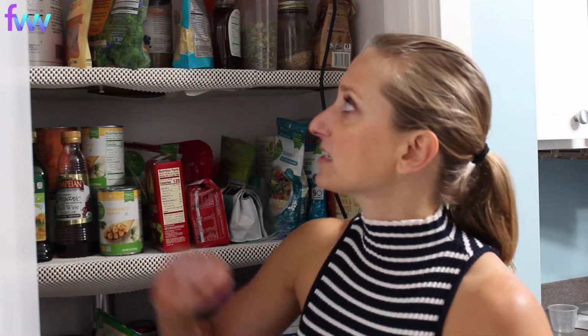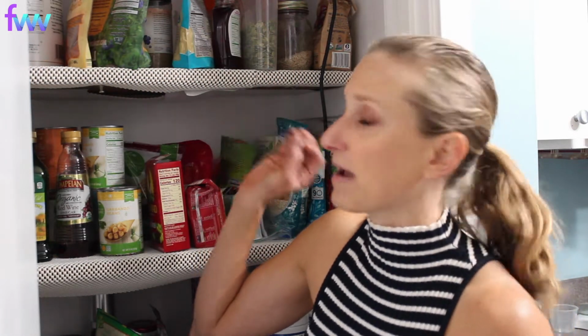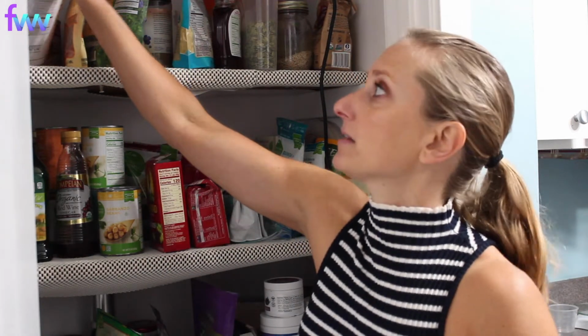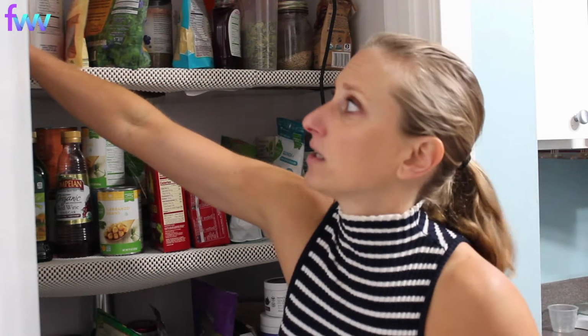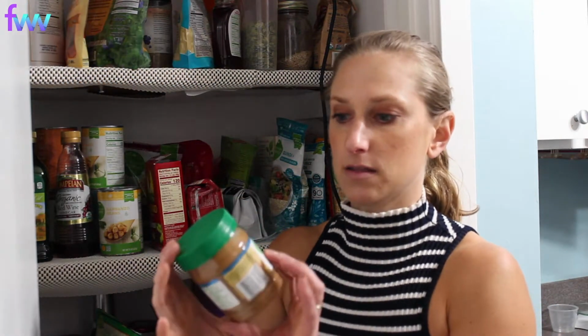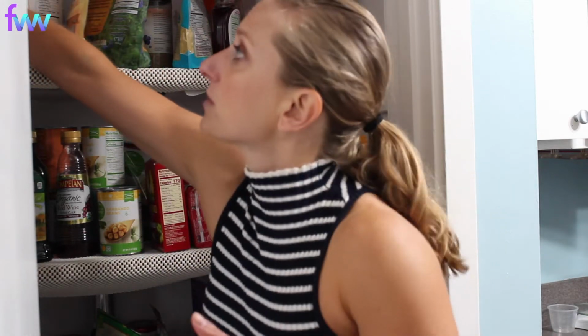What are some of your favorite pantry staples? So first things first, this top portion of our pantry is actually mostly my baking stuff. So when I'm baking like protein balls or something special out of a cookbook, a lot of times stuff is coming from here. So we've got oats, almond butter. I like this Simple Truth organic almond butter from my grocery store's Harris Teeter here in the South. I don't know if you guys have it. Let's see, we also have,